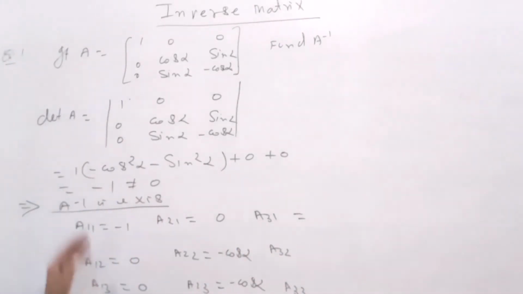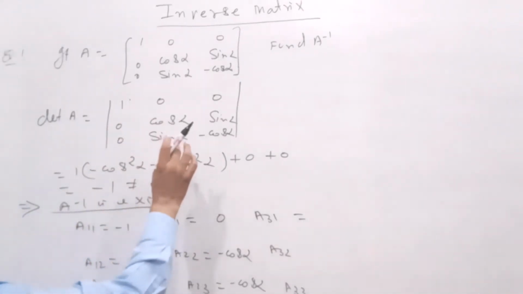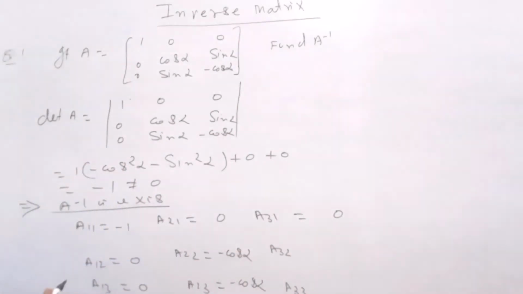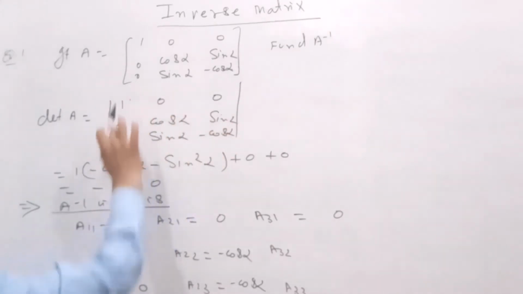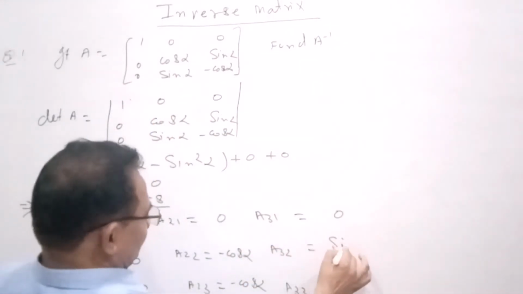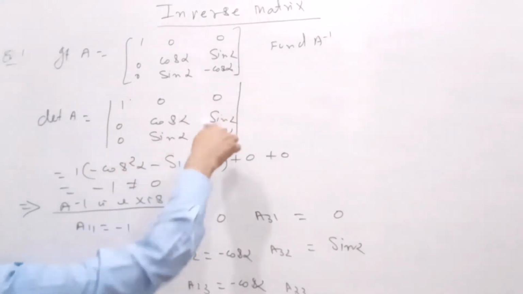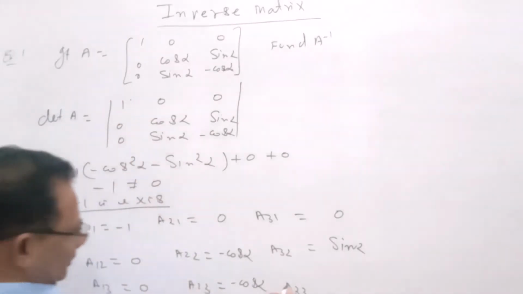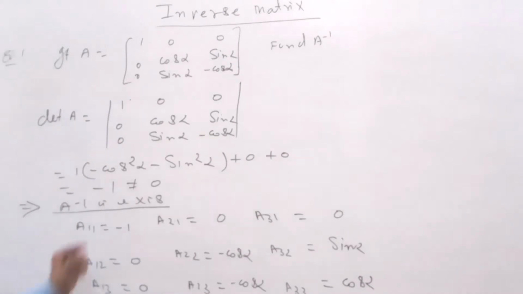Now, third row के हमारे कोफैक्टर आ जाएंगे, थर्ड रो एंड फर्स्ट कॉलम। तो this into this और this into this is equal to 0, थर्ड रो, और that is sin alpha। और सिमिलरली आपका थर्ड कॉलम और थर्ड रो, और दैट इज दिस इज इक्वल टू cos alpha. Now these are the minus. Now we change the sign.